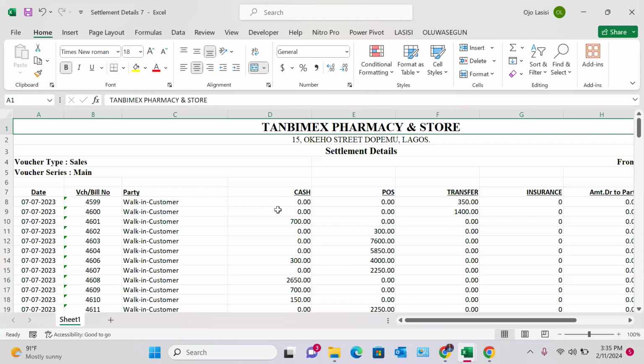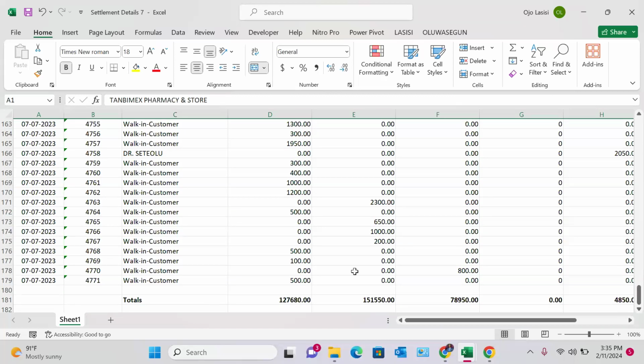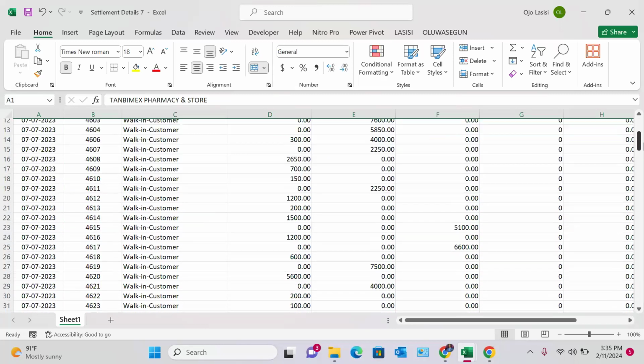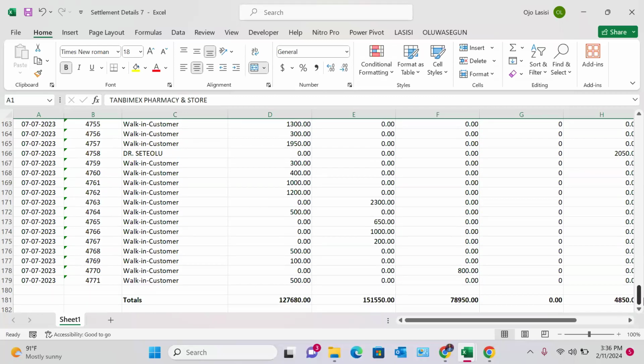And he happens to be the accountant of that company, and he needs to be given the total, the maximum, and the minimum value per day. That is, this is actually a record. You can see the date. This is 7777. So this is a record for a particular day, and he needs to close that day. So what is the maximum amount that I have made? What is the minimum amount that I've made? You understand? What is the total? You understand my point? So now Oyindamola needs to cross-check